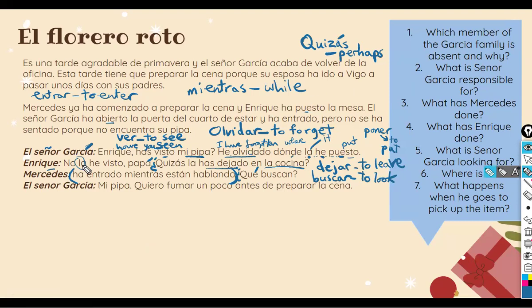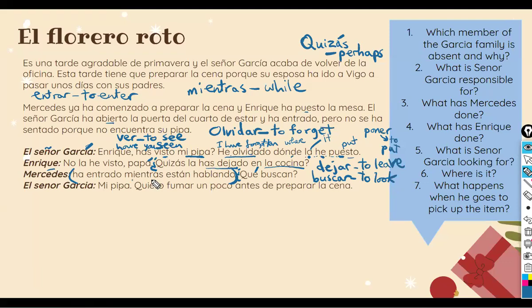Okay, the second line is no la he visto. I have not seen it, right? And the infinitive is to see. That is written up here. Right, so my pipe, I want to smoke a little, un poco, antes de preparar la cena. Right, so this,